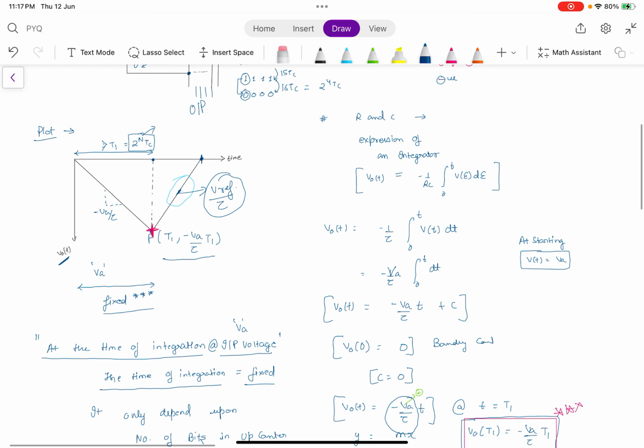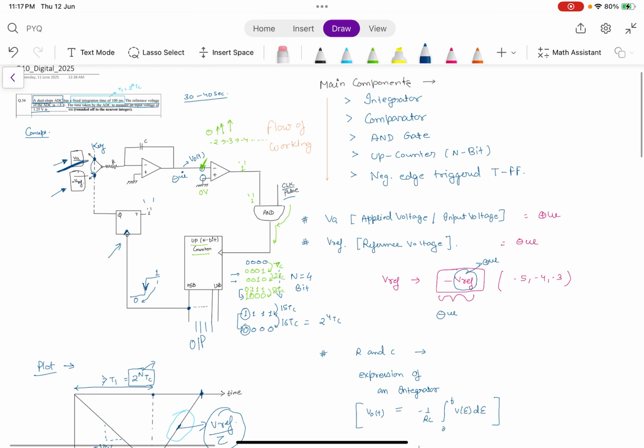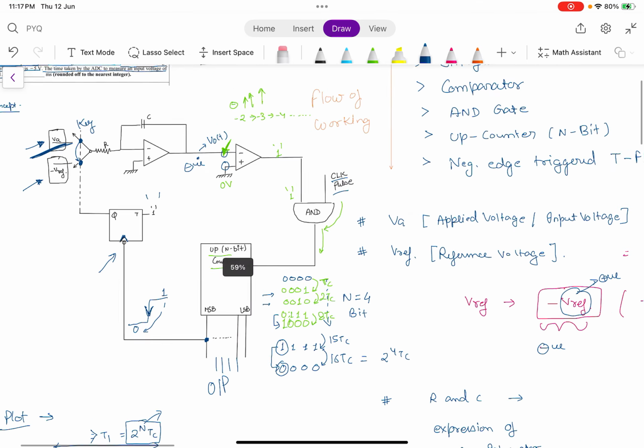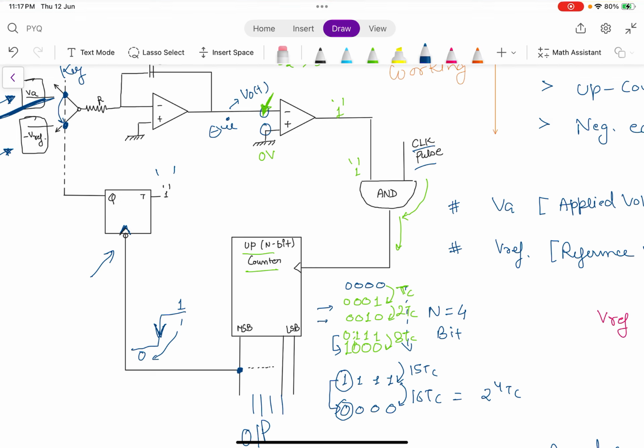So when this point is going to come, you have to see what you are basically doing. You have a negative value at the starting, some negative value accumulating, let's say minus 1, minus 2, minus 3 and so on up to let's say minus 5. This is the value you have accumulated at the starting when VA is applied. Now you are accumulating it over at 0.1 volt, 0.2 volt and so on up to which the whole sum becomes 0 volt, and